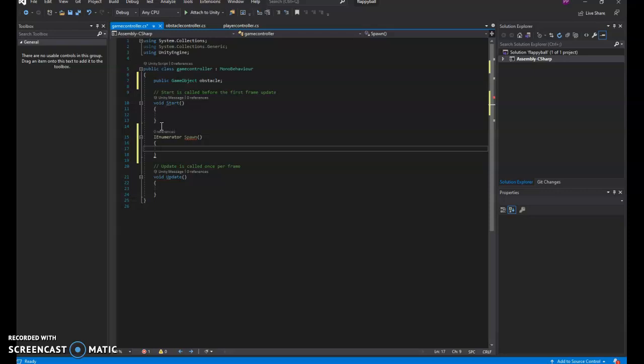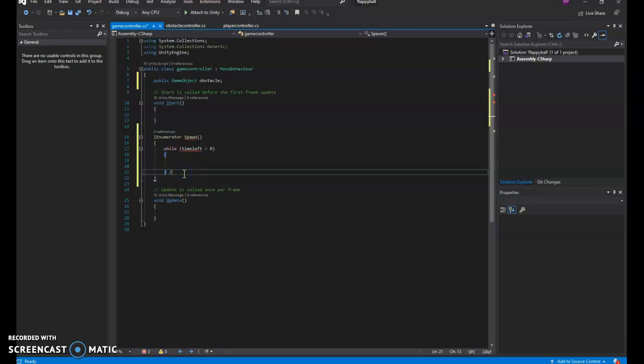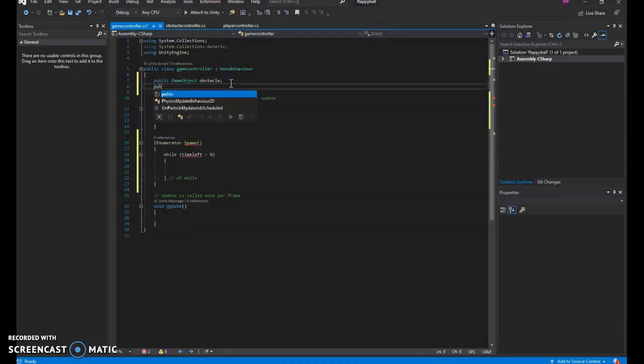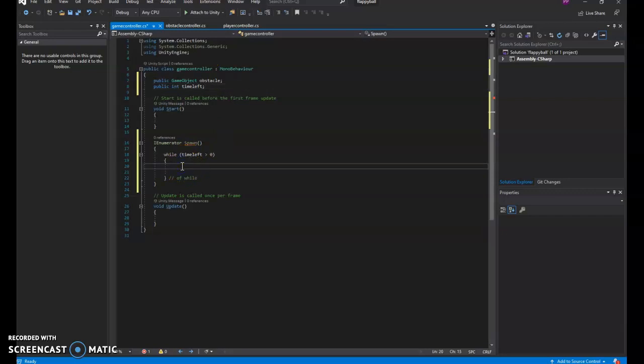And when we spawn it, we're going to put in a while loop that checks for how much time is left. So it doesn't go on forever. We can say so long as time left is greater than 0. And I'll go ahead and label that end of that while, so we know what we're doing as we're going along here. We need a variable for time left, which we can change as we're going along here. So long as time left exists, what do we want to do? Well, we want to